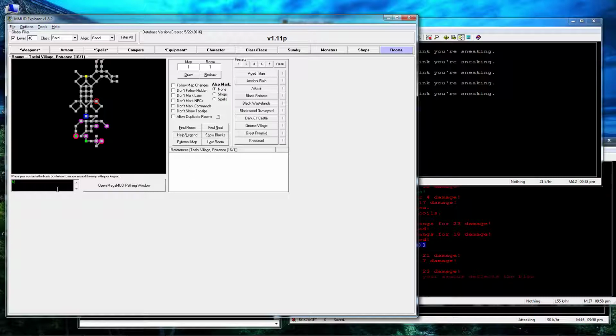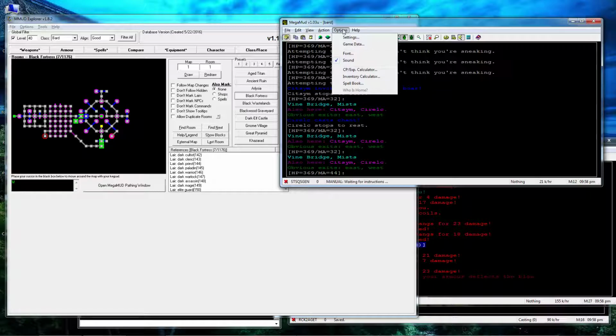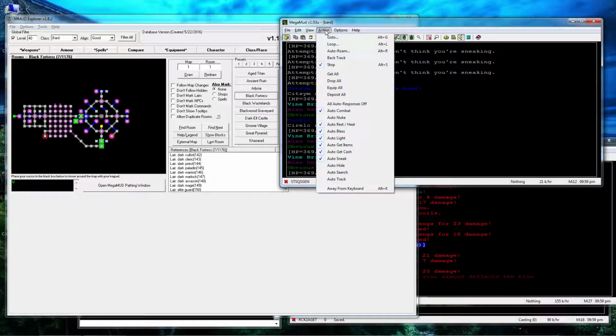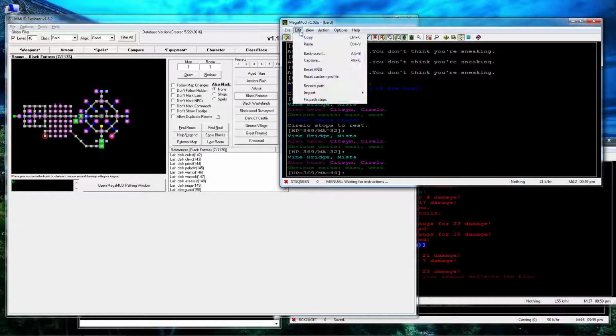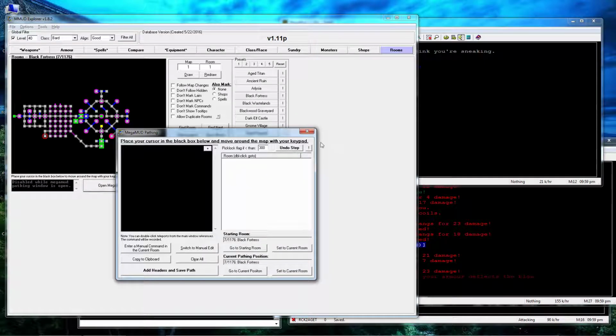So that's it. That's the tool in a nutshell. There's one last thing I wanted to show, which is the pathing window. So let's say I wanted to set up a loop of this. Now there's a way to do it in MajorMUD, but it's not perfect. I think it has some issues. If you do some commands incorrectly, you may have to still manually modify it. If you go to edit record path, there's a way to actually record a path from MMUD Explorer. So if you go to the pathing window, say I'm starting here,